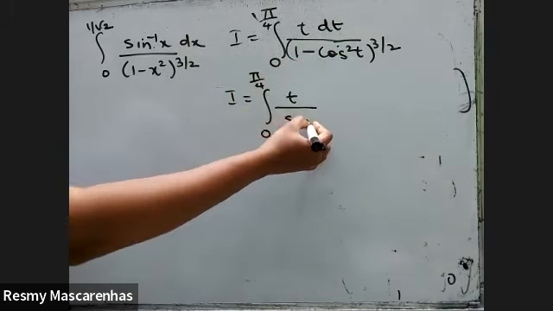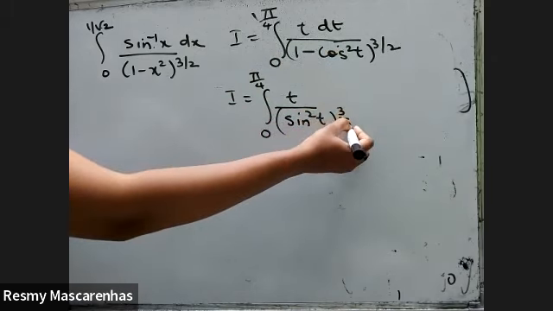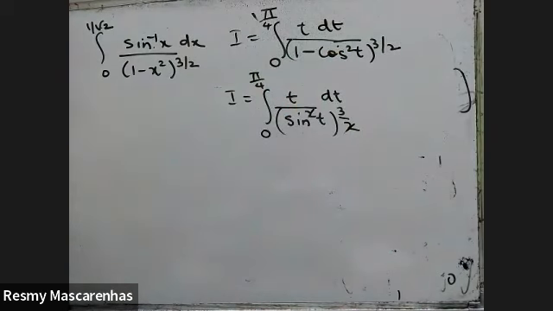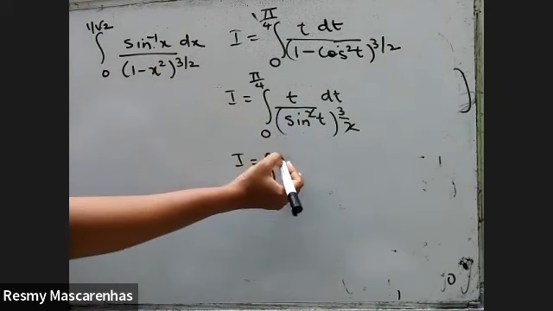One minus cos square theta is sine square theta. So this will be